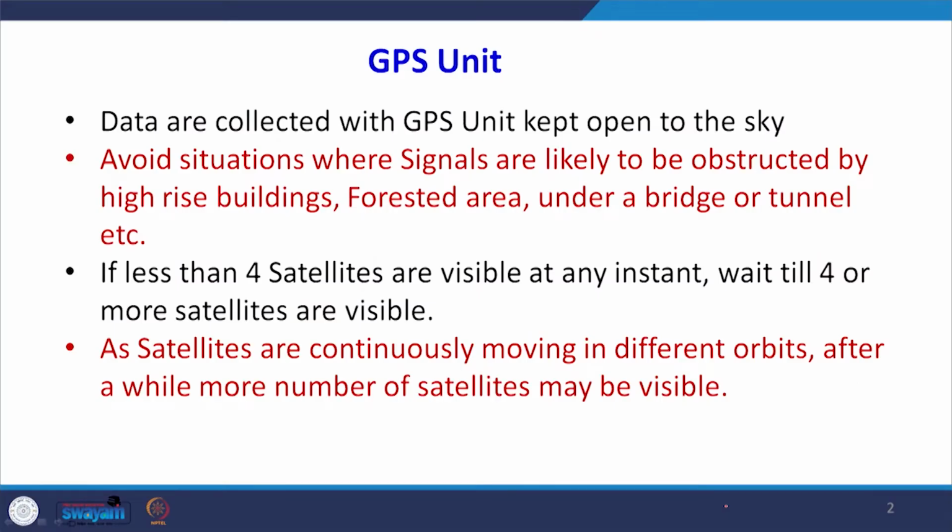some erroneous results. If we are receiving the signals from fewer than 4 satellites, then also we have to wait for some time, because these satellites are continuously moving in the orbit, and if you wait a while you will find that more satellites are visible, and that is the time when you can start taking the observations. So, there are certain conditions. If we fulfill those conditions, if we take care of those, we can achieve some good accuracy from the